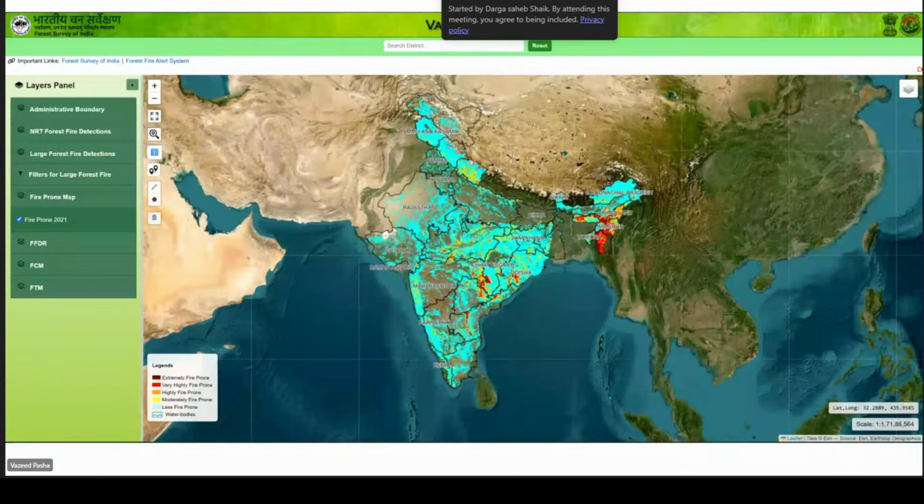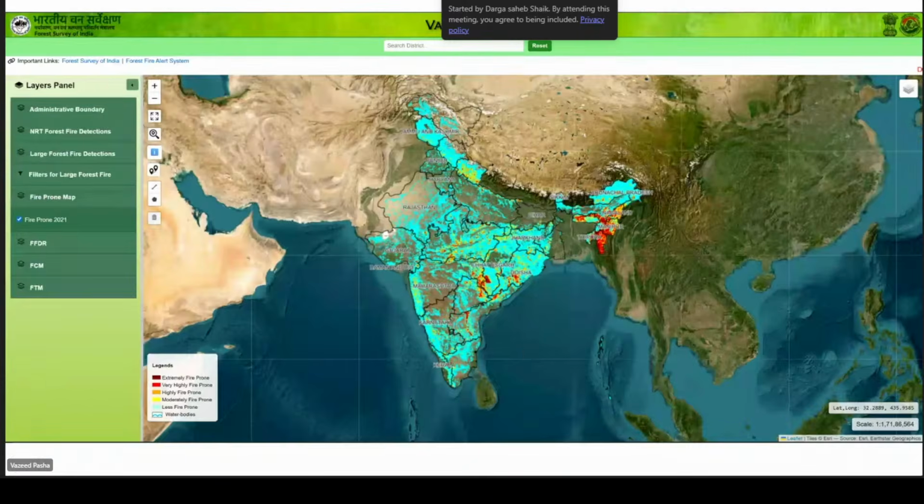This geoportal uses MODIS and VIIRS Suomi NPP data, that is 375 meter, and another moderate resolution satellite data, MODIS at 1 kilometer. It is exclusively for India and other nations are not shown, because they want to give the fire alert system to the concerned persons.